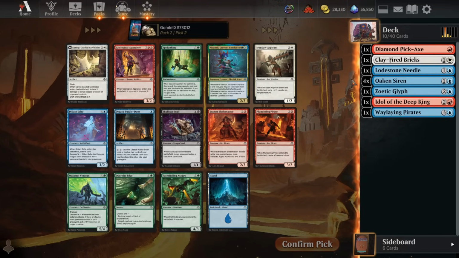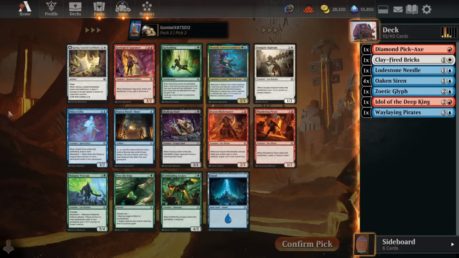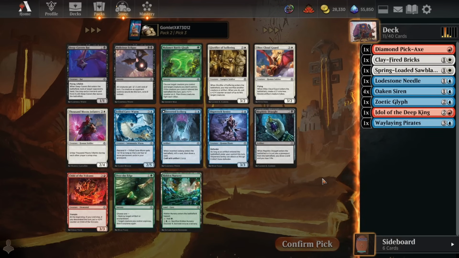I think I kind of want to grab just some really good late game value stuff to top things off with. I think having some really good craft with artifact cards like the Bricks and the Sawblades in a blue-white build could be really nice. I'm going to push towards blue-white over blue-red here today with a Spring-Loaded Sawblades, and it pans